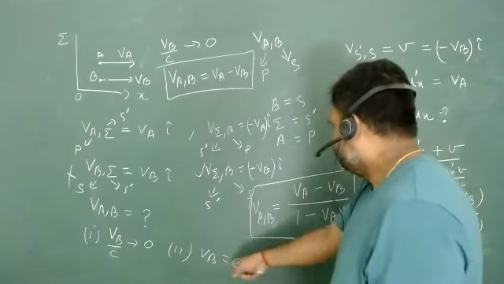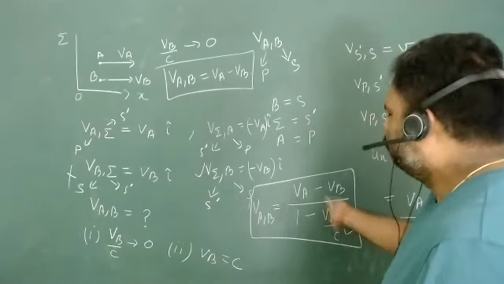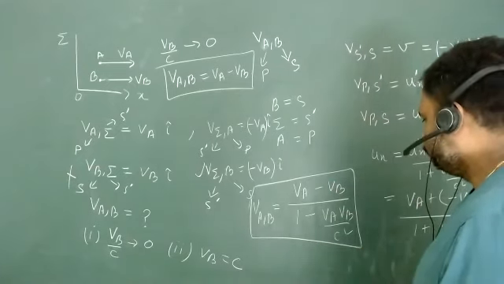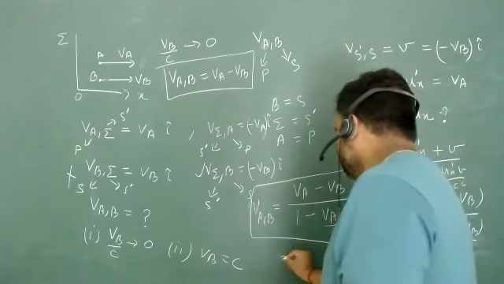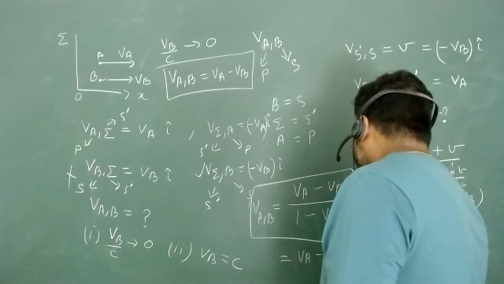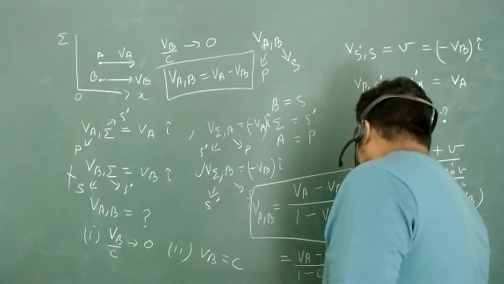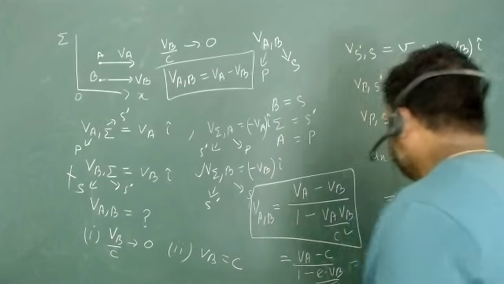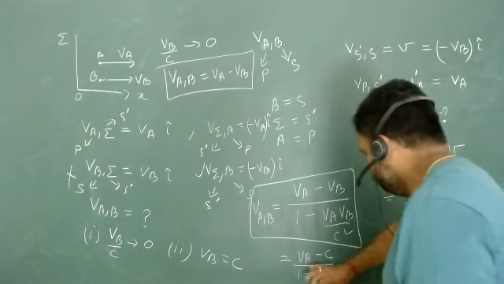Isn't it? Now, next thing is all about relativistic thing. Let's put VB is equal to C. Or VA is equal to C. Let's put VB is equal to C. What is going to happen? That will be VA minus C upon 1 minus C into VB upon C square. C cancel. So you have, sorry, VB is equal to C, no? So this will be, just a minute.